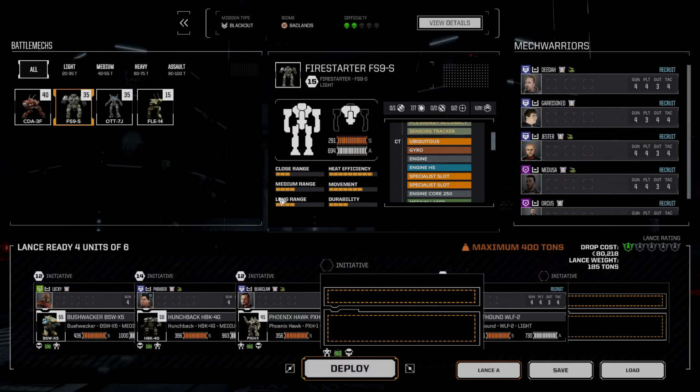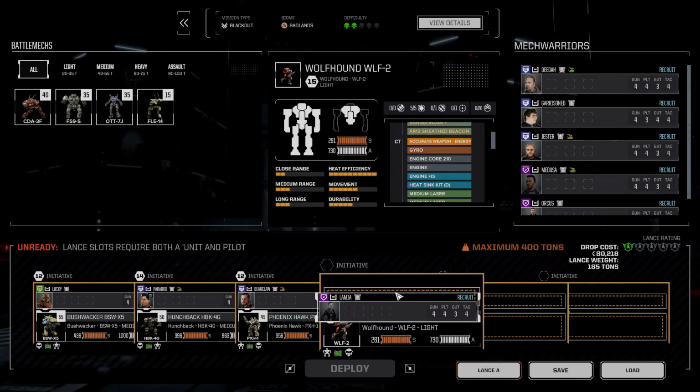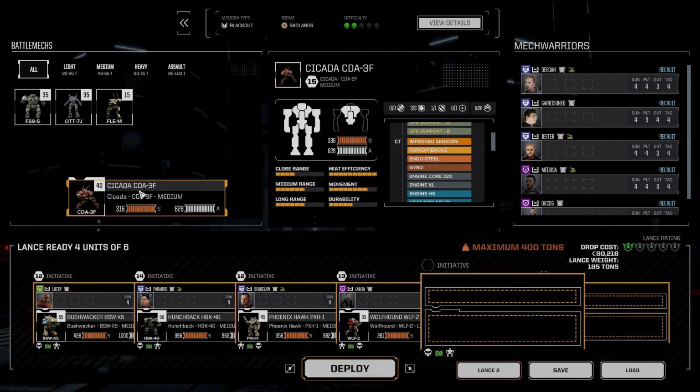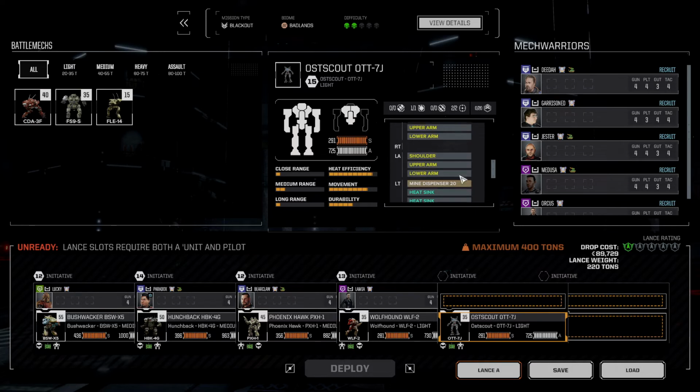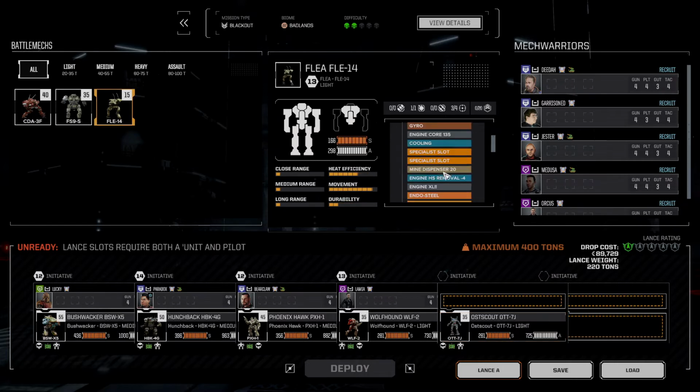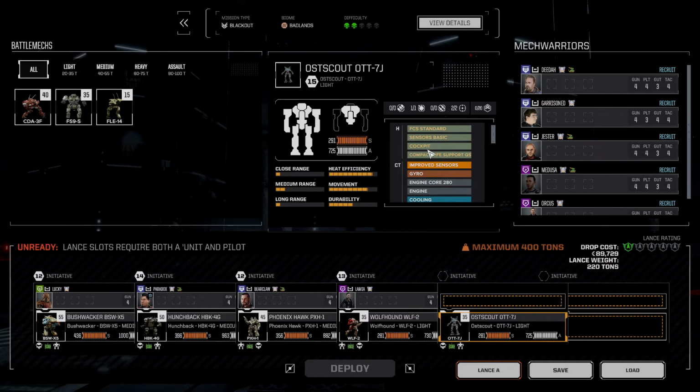Yeah, we'll drop the Firestarter. And instead, obviously we can't bring the Cicada. Can we bring the Oscout? We can bring the Oscout. The new and improved Oscout. So again, we're able to dispense 35 mines. Compared to this Flea's 50, I believe. 10, 20, 20, yeah. Compared to this Flea's 50. But we do have more armor. And once we're done dropping the mines, the Oscout is able to...